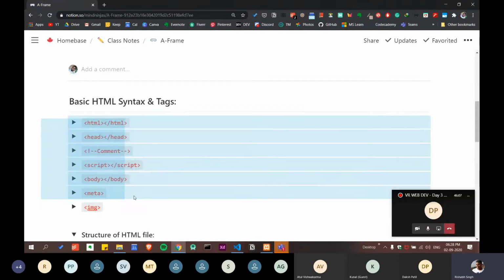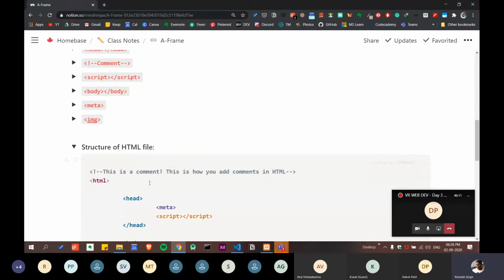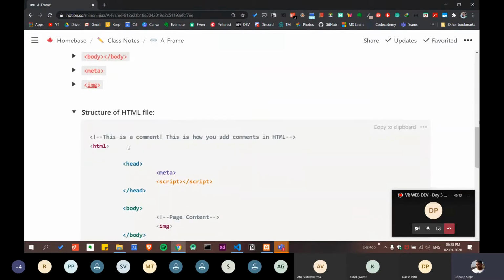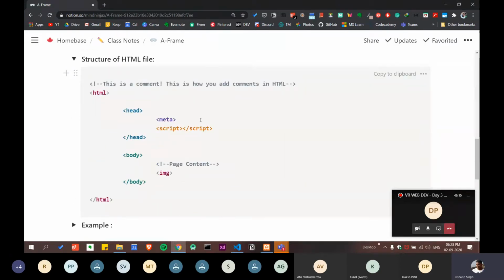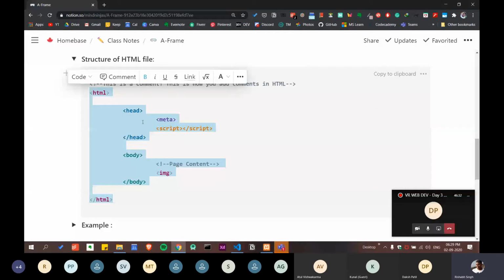So we are going to use it a bit in our VS Code, and then we will get ahead with A-Frame. And as you can see, the structure is very simple. This is a comment, and a comment can come anywhere. It can come before the HTML tag, after the HTML tag, before the body tag. It has no restrictions. But everything else has to be in proper structure.